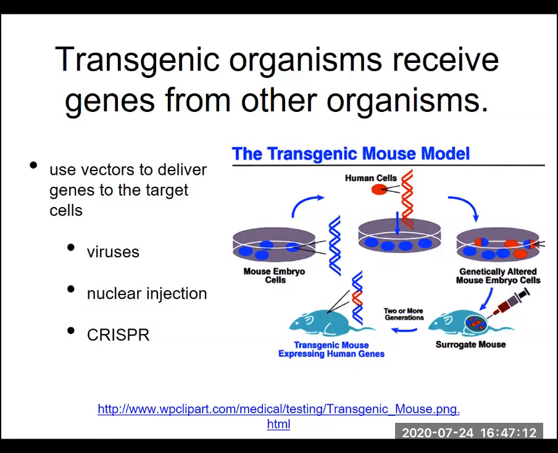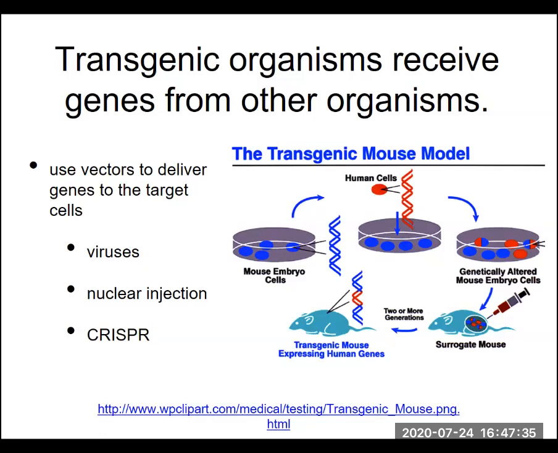There's nuclear injection, which is basically shooting the DNA into the cells, into the nucleus, almost as if you're injecting it in. And then in the last lecture, we talked about CRISPR, again, to go in and directly change the DNA of a cell. And so what we're looking at in order to create a transgenic organism is this idea that we